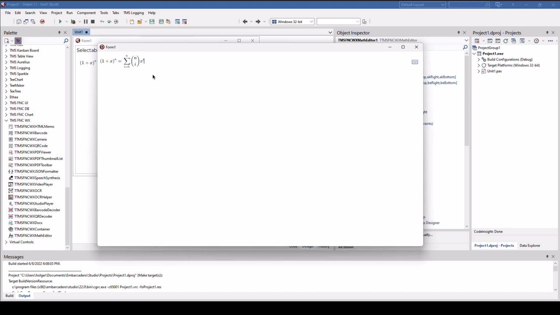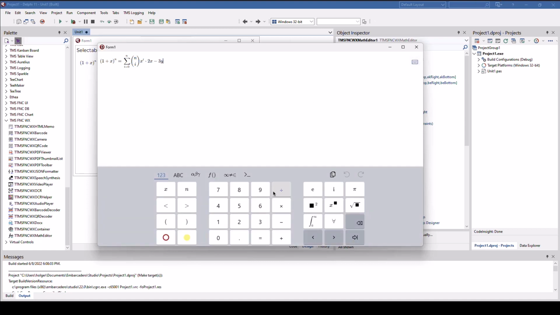I increased the form size a little bit because we can not only enter formulas like this, like times 2x minus 3y. No, we actually have keyboards that allow us to enter stuff much quicker. For example, 3y times, and then I can add a square root, 2x times, and we're still underneath the square root, 2x times y times that. This is an awesome user experience.